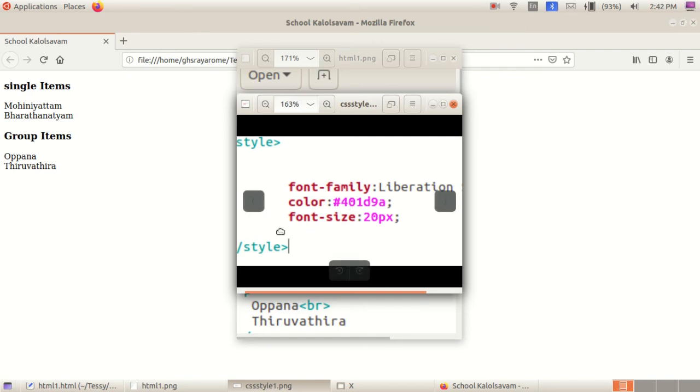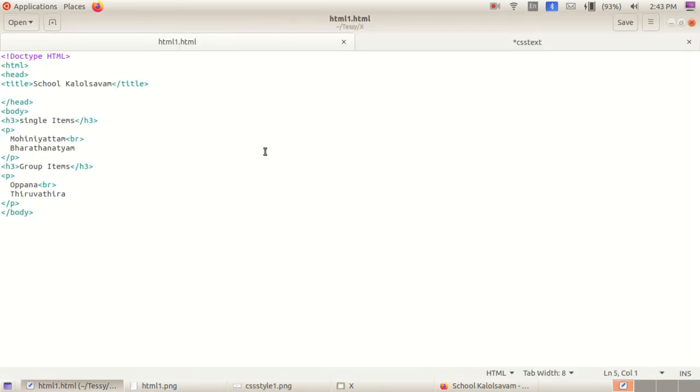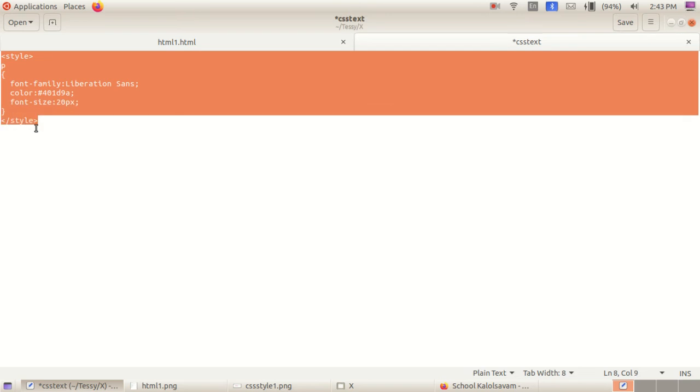After that what we need to do? We want to close the brace. Then close the style tag also. Where we need to add it? Children, where we need to add it? Let us see. All of you listen here. I prepared that for you. Look here, children. This is the style tag that I prepared and am keeping for you for reducing our typing.